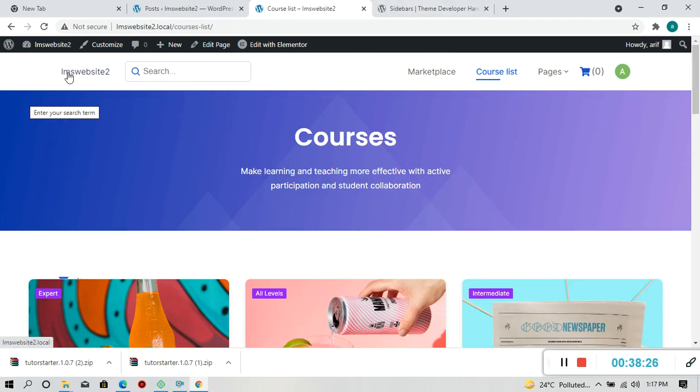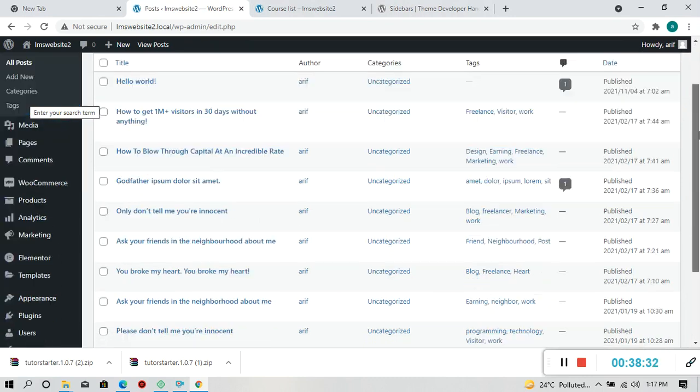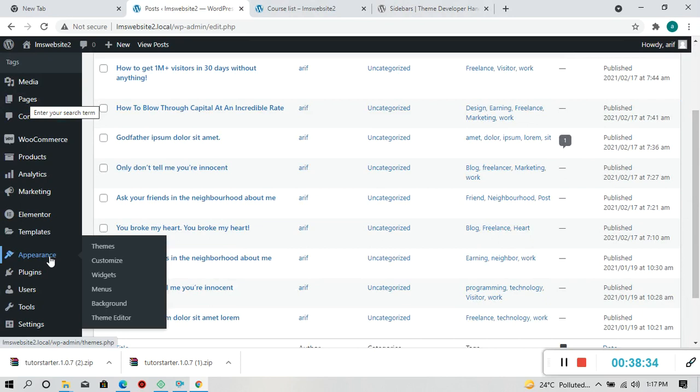If you want to change a logo, if you want to add a logo, then go to Appearance, click on Customize.